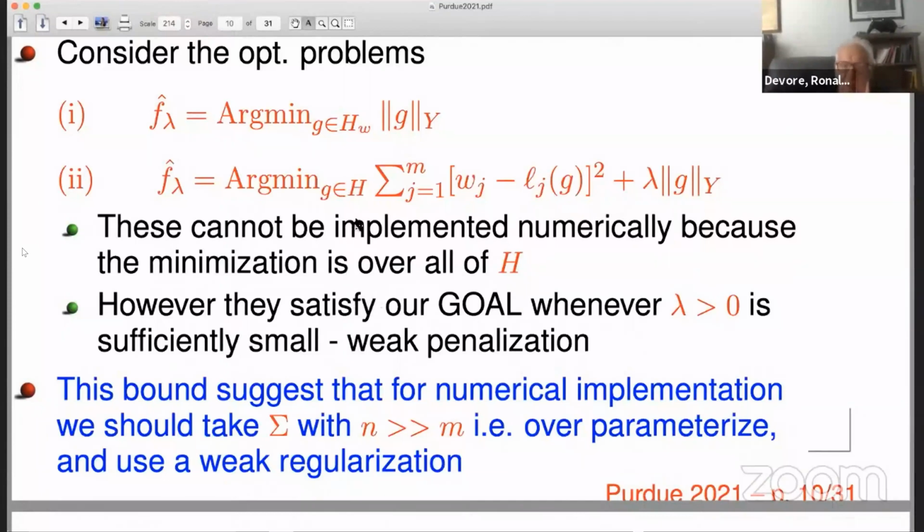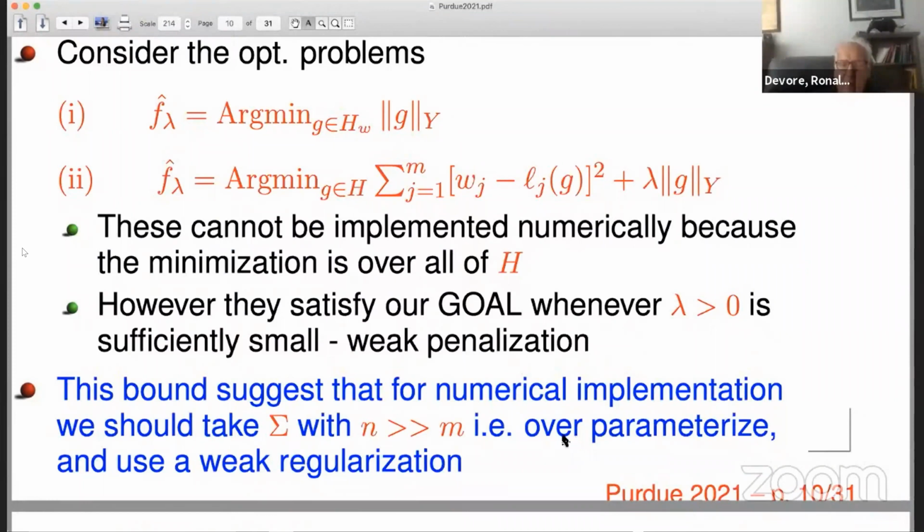Namely, since I can't do this over H, I have to take a set sigma as a surrogate for H, and I'll take a linear or a nonlinear manifold as my surrogate for H, and I would like that manifold to be bigger and bigger and bigger. That is, I'd like to solve an over-parameterized problem, because this will get me closer and closer to emulating H in this minimization problem. So this simple exercise tells me, well, these guys aren't so stupid. Maybe it makes sense to solve an